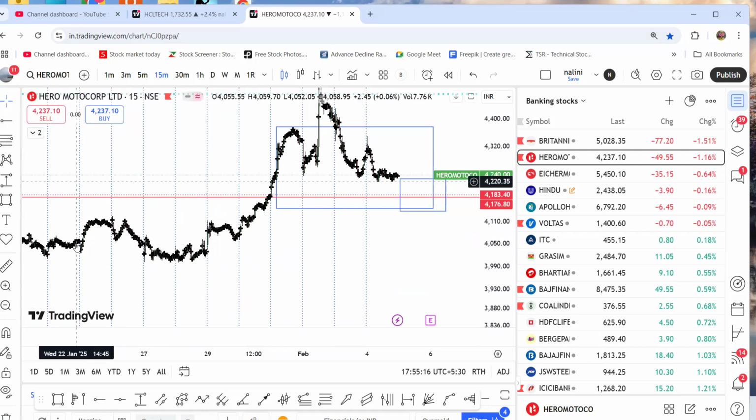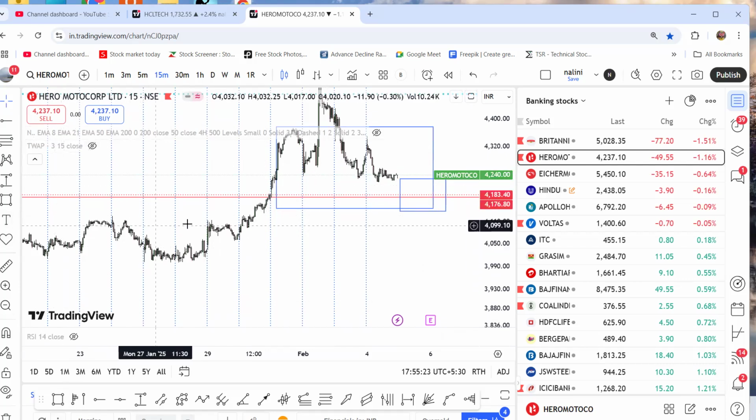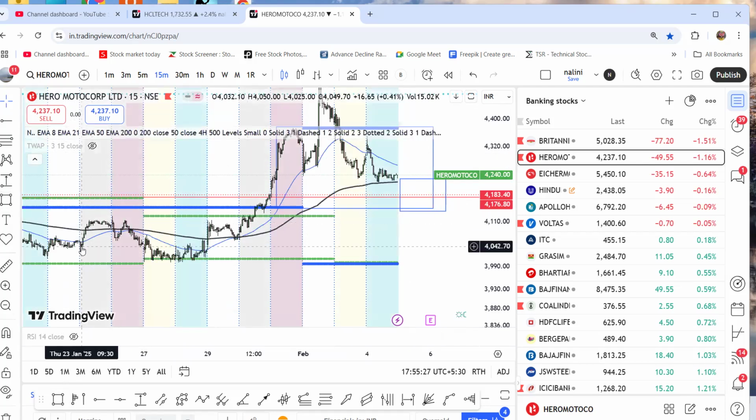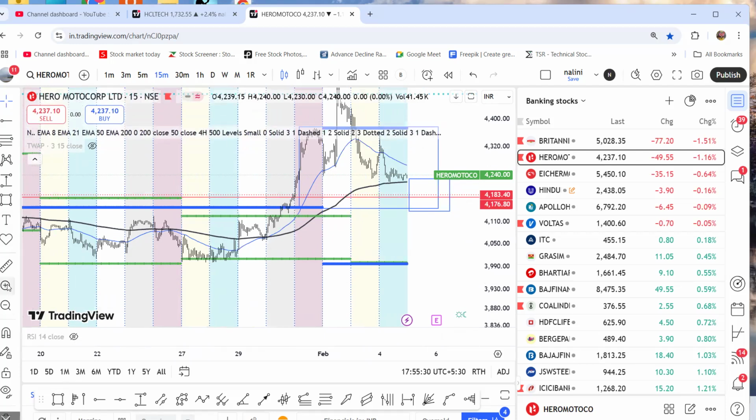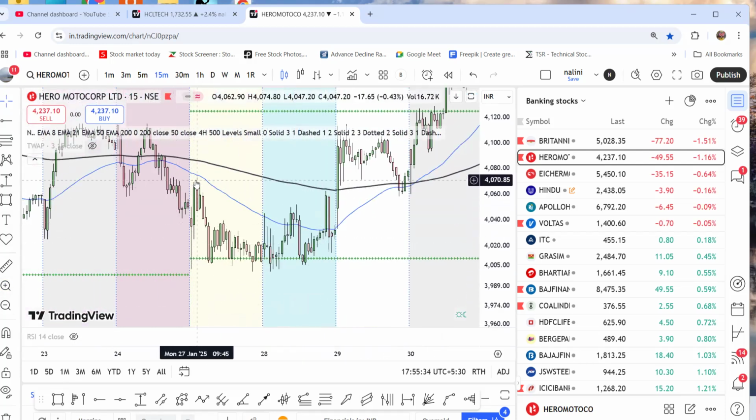See, wherever you go, let me hide this TWAP so that it will not clutter. See, it is setting up. You can see every time it sets up, the first move interacts with the 50 period moving average, and the second move makes an attempt to move there, and then